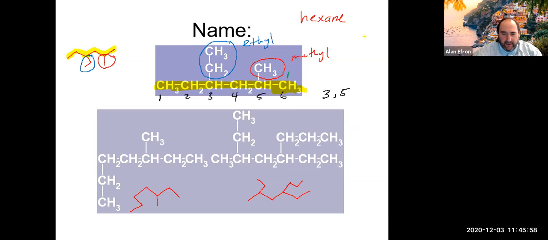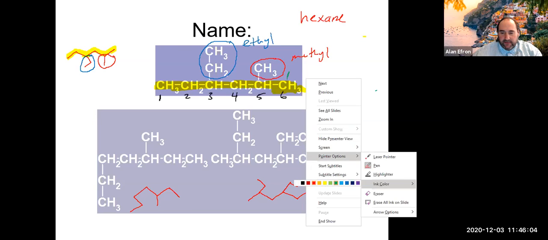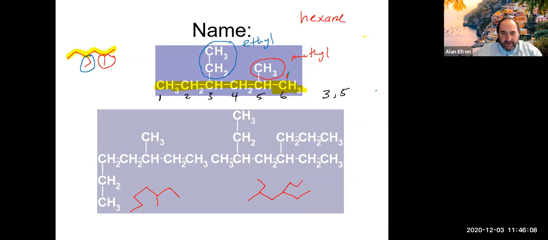this would be, say, carbon 1. I can't really see it with that color. Let's try a different color then. We'll go with reddish. This would be carbon 1. This would be carbon 2, carbon 3, carbon 4, carbon 5, and carbon 6. So sort of going in our red direction, we would get a group at carbon 2 and a group at